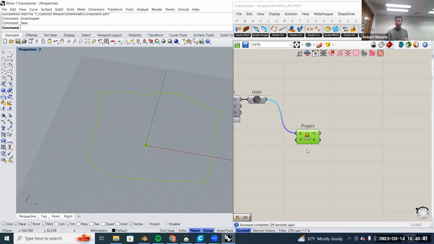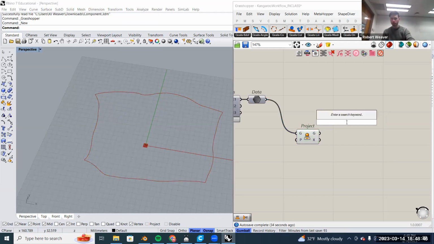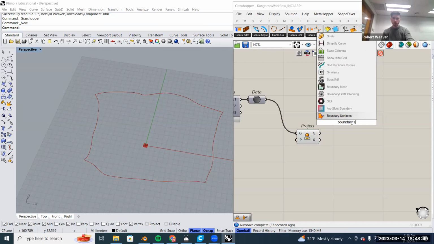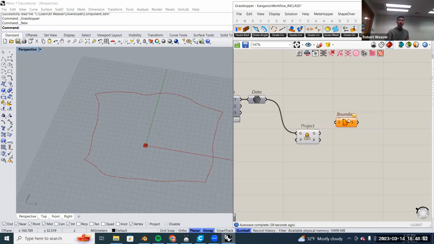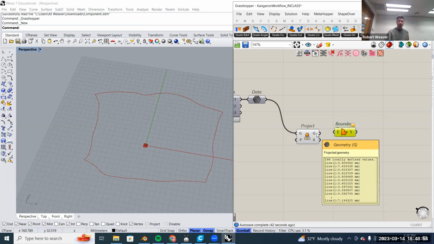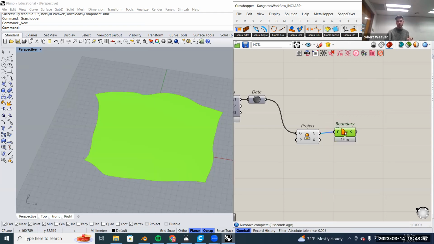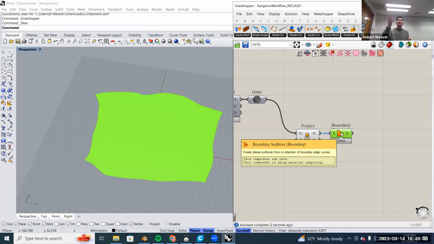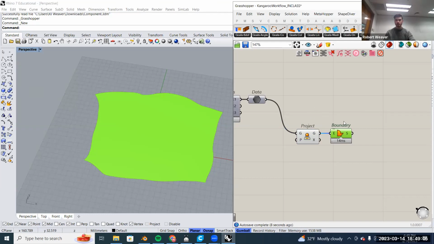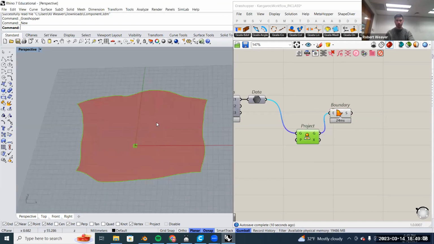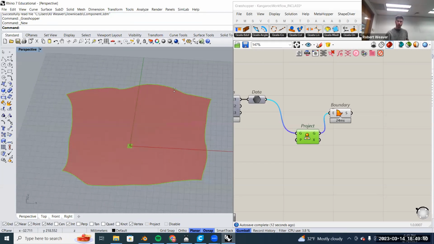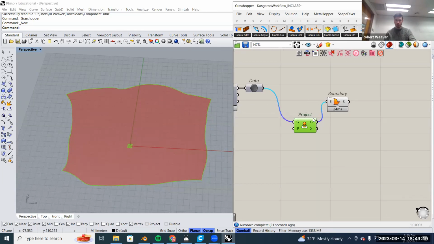So now you could make this as a curve and export it straight to Illustrator, or the last thing we could do is use this component called boundary surface. And all this needs is an outline to make a surface from. So if we plug those together, we can basically fill in the surface here and get a filled shape. Either one is useful. But I will show, just for the end of this workflow, if I can pull this away, with project,